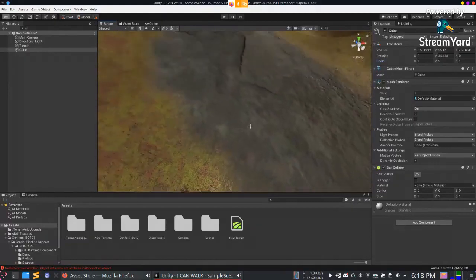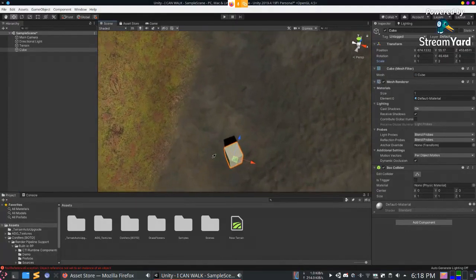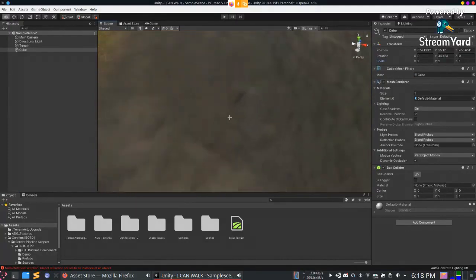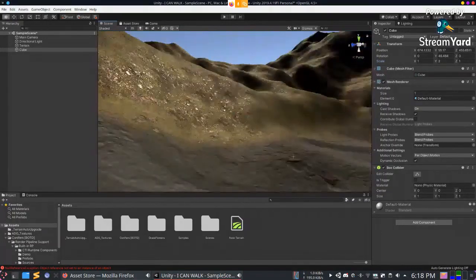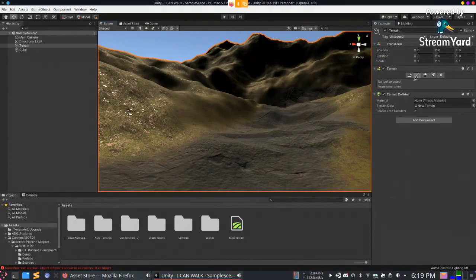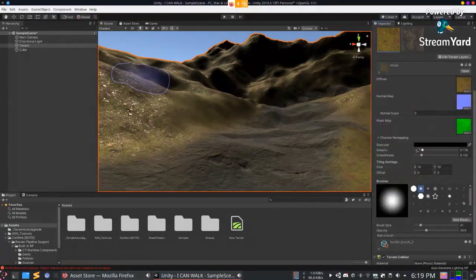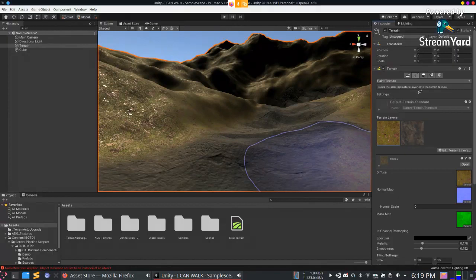Now that we are done with the basic road, if you see from here, it looks mostly like a ground. You need to go through the values, trying to find the optimal values in them. I'll not go into much detail because that's a bit time consuming. But after a point, you will get a really realistic look after you have moved through the metallic and the smoothness values and put a proper normal scale. So now after this, let's go for the next part.